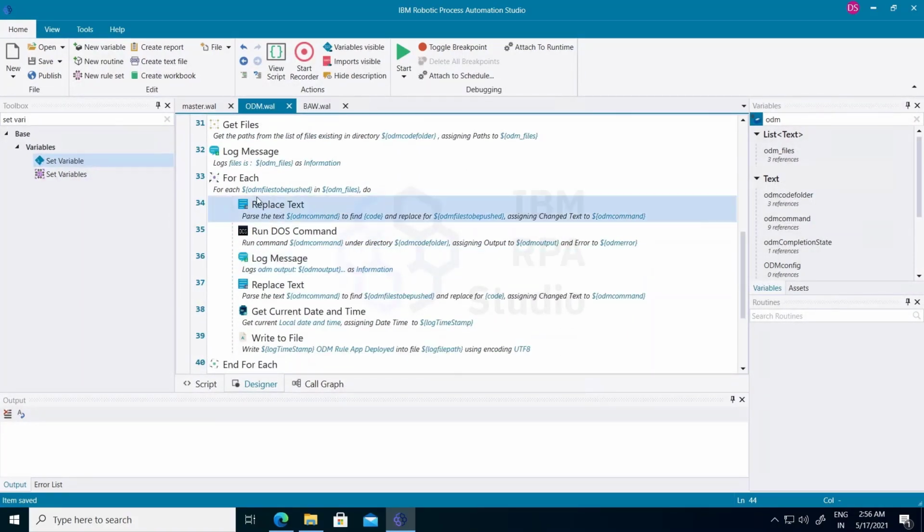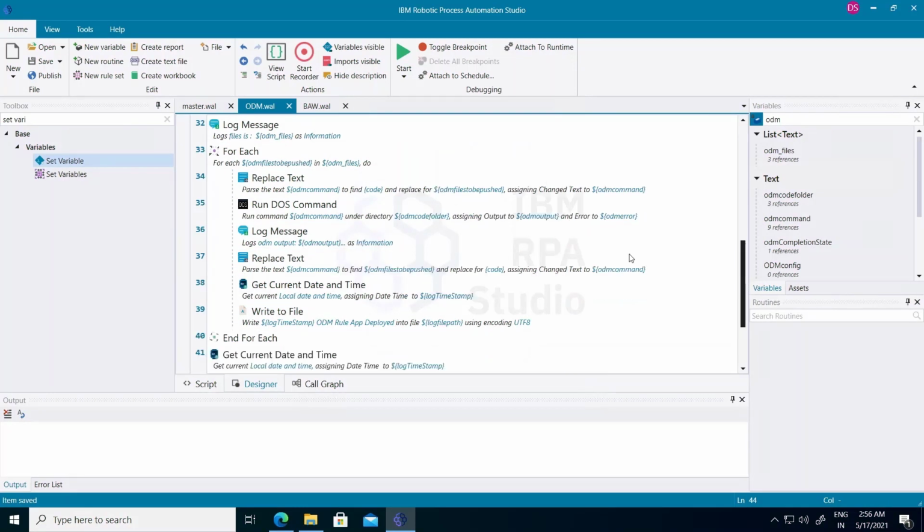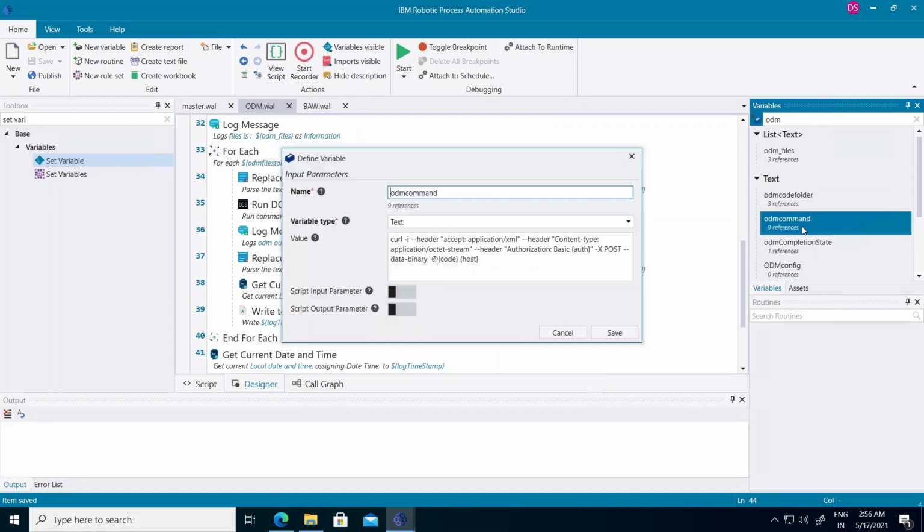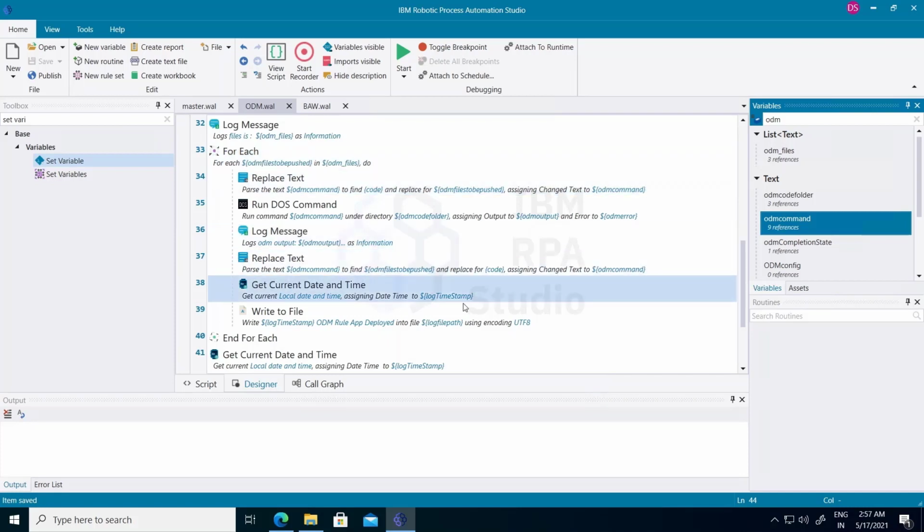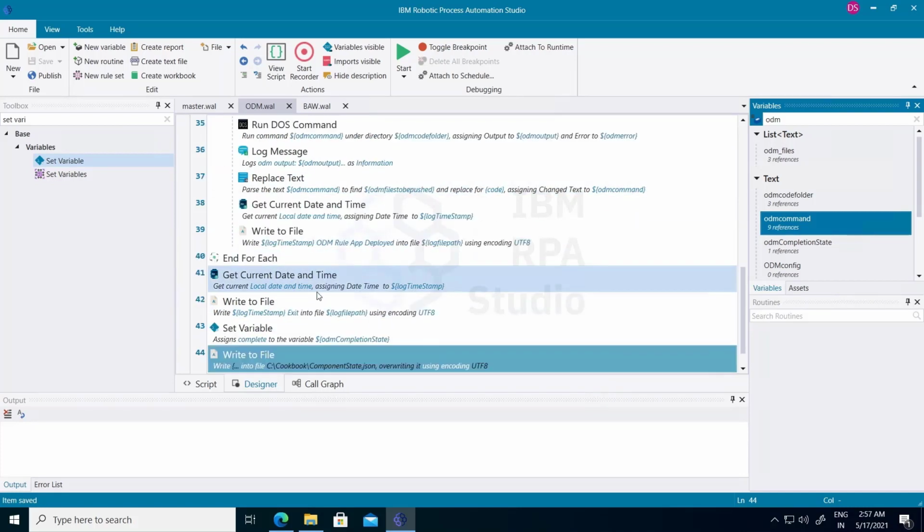Then this is a for loop. We get the files from that ODM folder, and one by one we deploy each file. So here is an API which we are running. In the ODM command, this variable has a curl command which helps in achieving that deployment. So here it is.